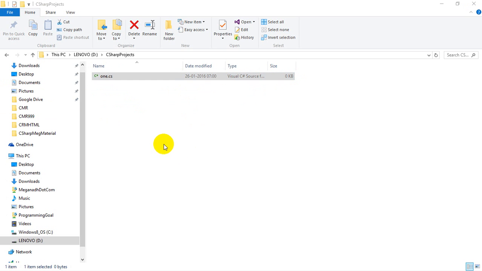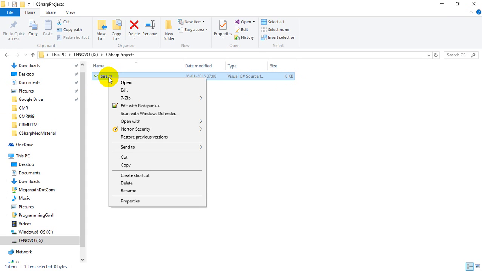So I'm going to write the first C# program. Right click on this. No need to do this now. Please focus on the class completely. Anyway, I'm going to send you the recording so you can go through this, but please focus on the class now. So new text document. I'm going to open with Notepad. All of you also should do this with Notepad.